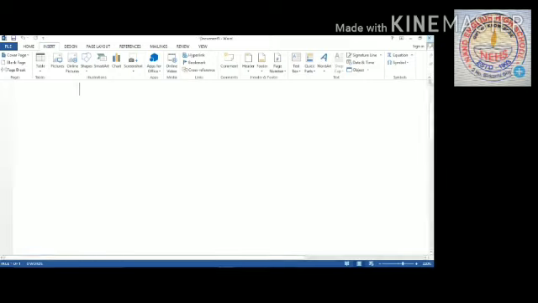In MS Word we prepare a file that is called a document. That's why the title bar is showing Document1 Word. When you save your file, it changes the file name with extension .doc.